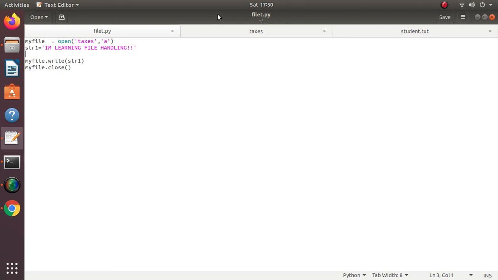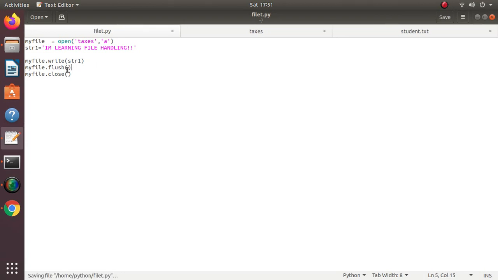So if I do not want to break this link, I do not want to close the file, I do not want to free the resources allocated right now, but I want to make the changes permanent, I want to write all the data that is present in the buffer memory to the actual text file, then I can use another function, the flush function, myfile.flush.